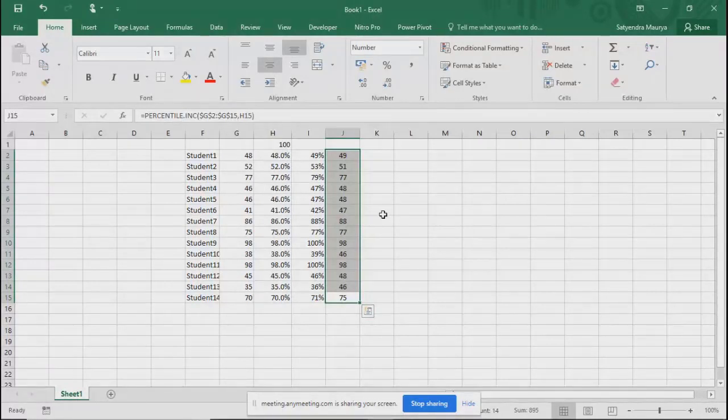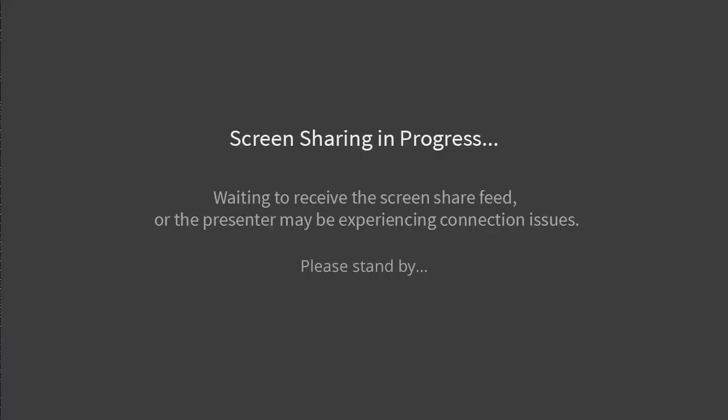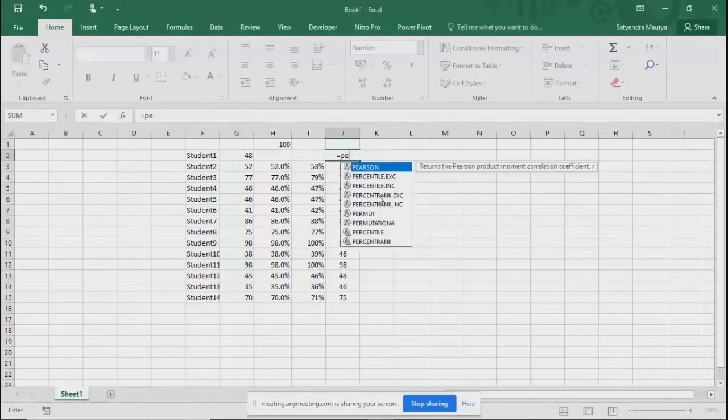This percentile is something else, I believe. Exclusive. This is my array, comma.